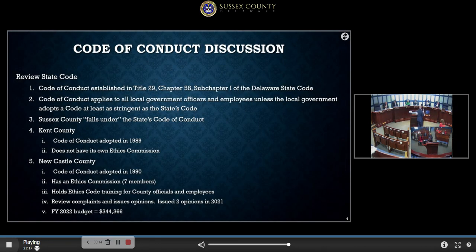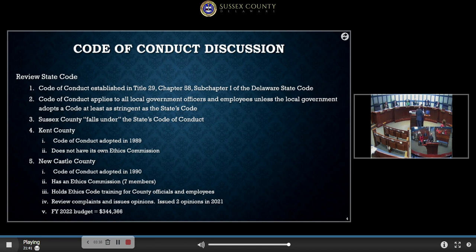Okay, so I said a minute ago that we are going to go into detail in reference to the Delaware State Code. The code of conduct that we're referencing is established in Title 29, Chapter 58, Subchapter 1. This code of conduct, per state law, applies to all local government officials and employees unless that local government adopts their own code.